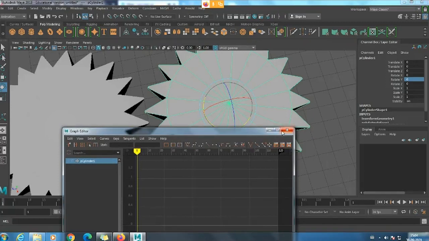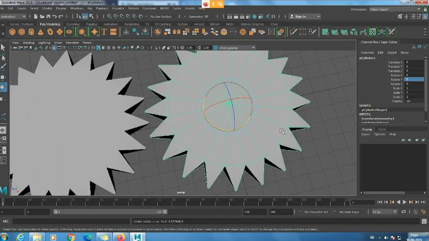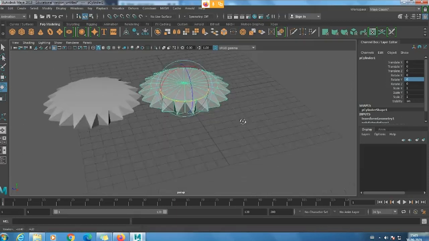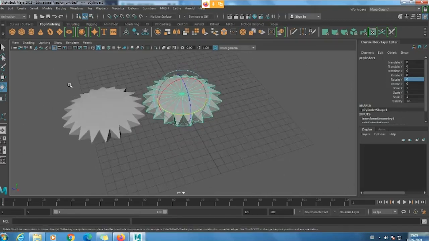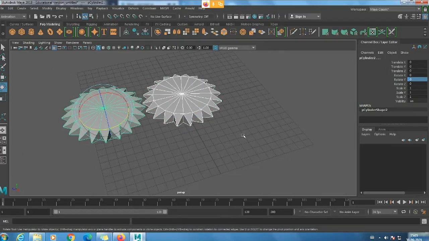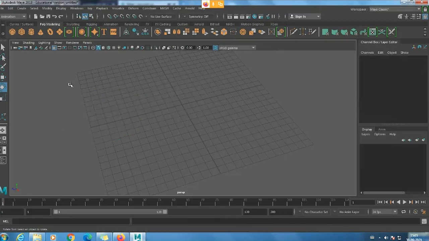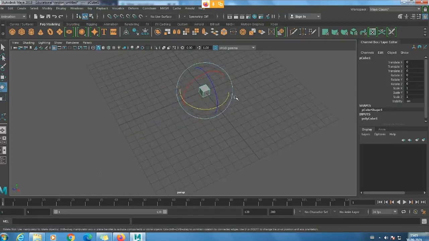So as I said, there are different ways, like tween animation and pose to pose animation. With that, this kind of animation, set driven key animations can be done. So this one, and also I'll show you one more example, that car one which I showed. The same thing I'll show you.